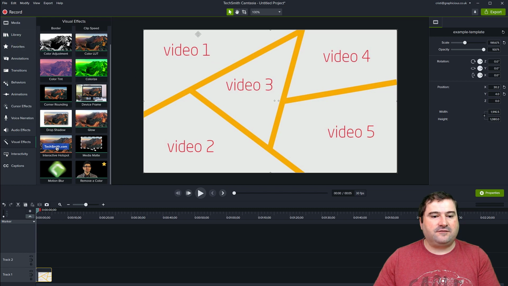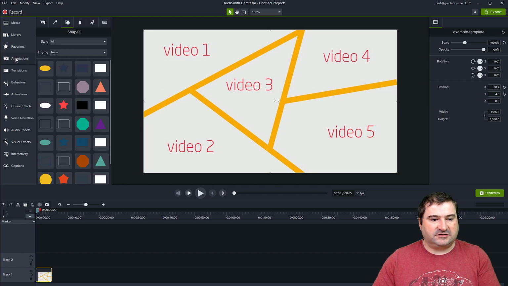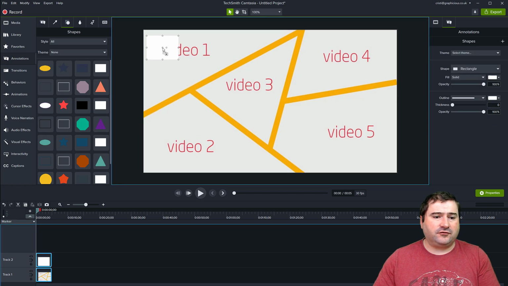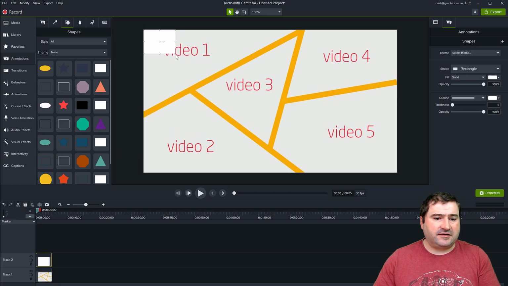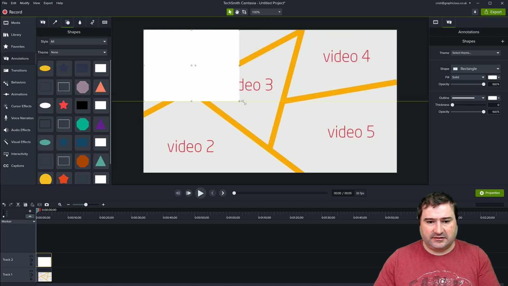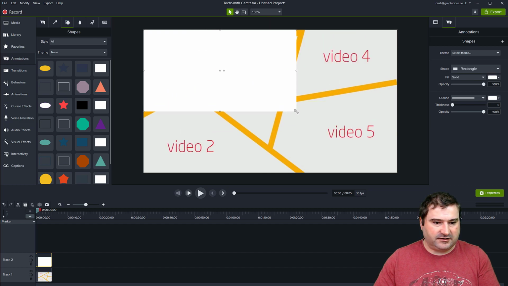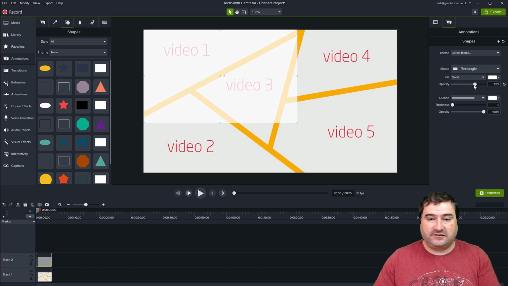So let's create the first graphic on the top left, video 1. That is a very simple one. So I'm just going to go to annotation. Just so you know, we're going to create all of these from individual annotation shapes. Okay, so I'm going to use a rectangle here. I'm going to just place that rectangle on the entire screen like this. Actually, I don't have to put it on the entire screen, just there. And I can change the opacity a little bit so you can see through.